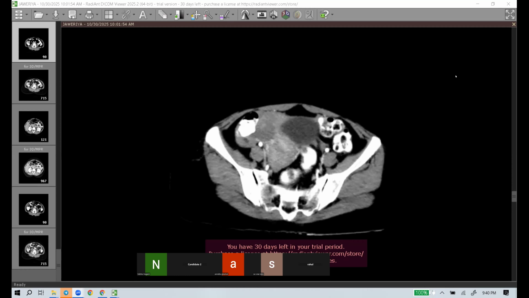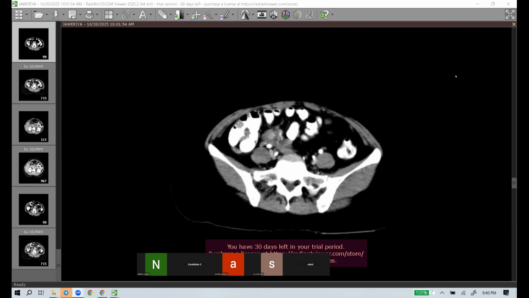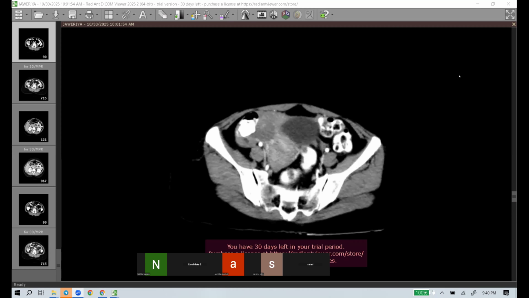Left adnexa appears relatively free. However, there is no obvious bowel obstruction. There is no proximal dilatation of the bowel. So in a 28-year-old lady who presents with acute abdomen, first I would like to ask the patient whether there